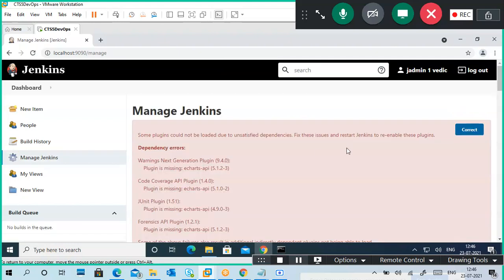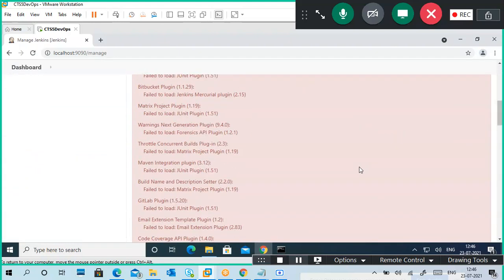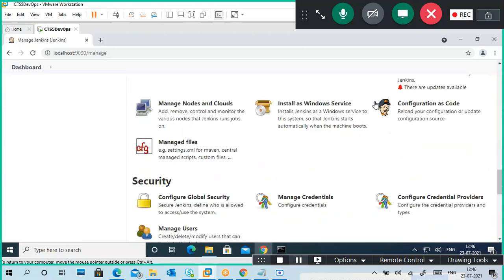Manage Jenkins. Okay, plugins. What is this? Install as a Windows service. Installing as a Windows service is simple, we can say: when I start my PC, Jenkins will run automatically.